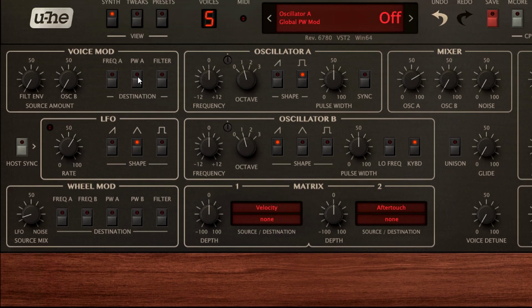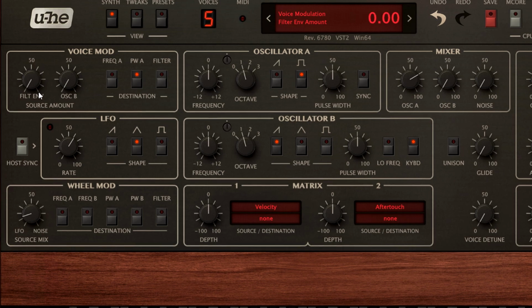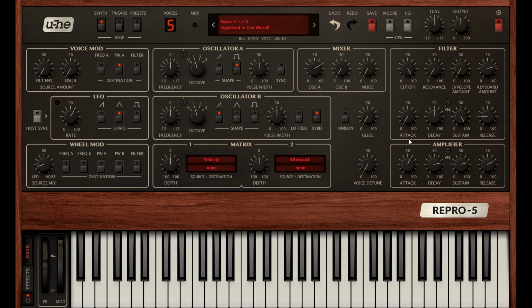and turn on the pulse width destination in the upper voice mod section instead, and turn up the filter envelope knob. And I can't get very far before the pulse width gets too narrow and the wave disappears. The filter envelope shape is very simple at the moment. Minimum attack time and maximum sustain means it just jumps to its maximum value as soon as I press a key, and stays there as long as I hold it. But this is useful for setting the maximum modulation.